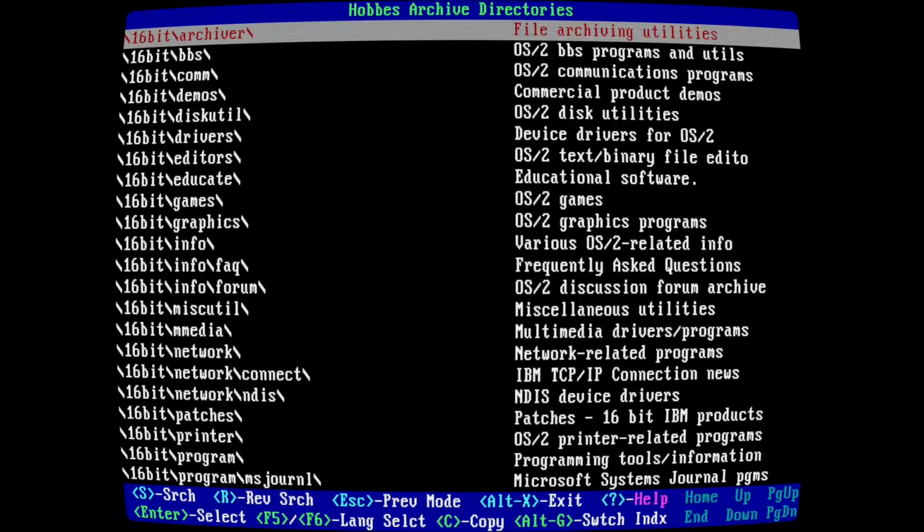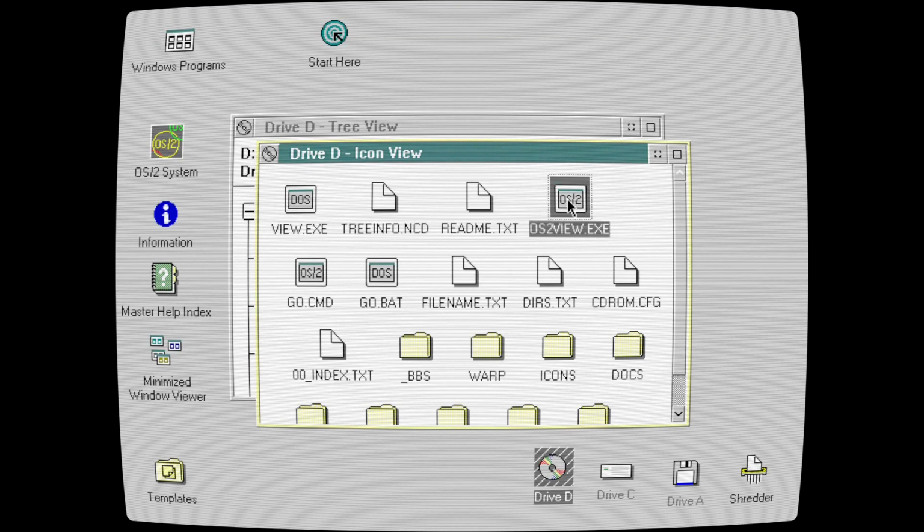Oh, that's the DOS one. There we go, I clicked too fast. Okay, so this file here. If you just copy it, that's actually a copy. What I want to do is create a proper